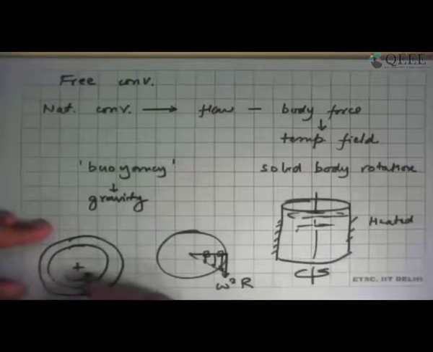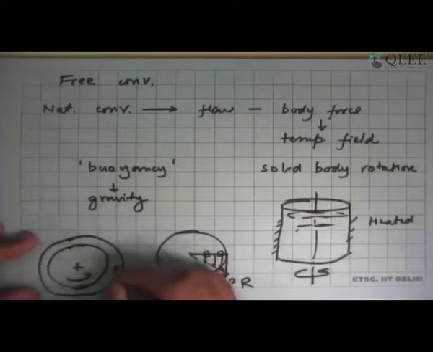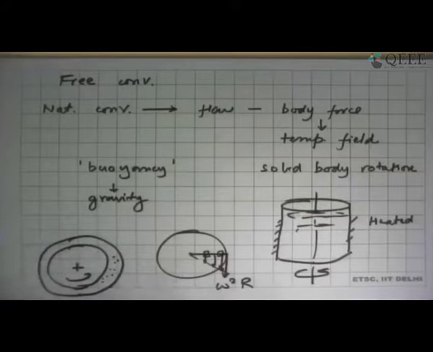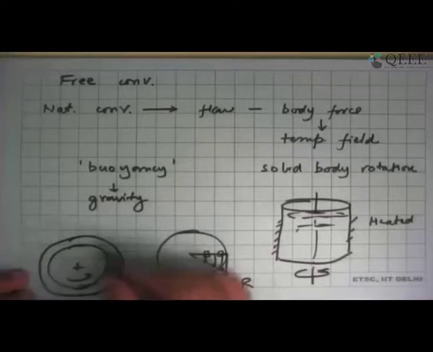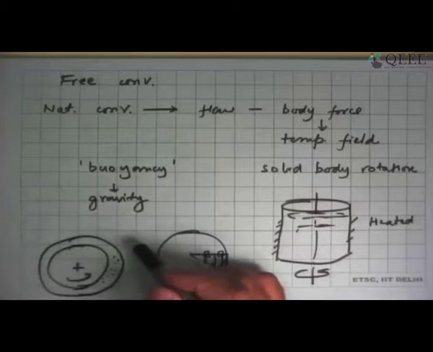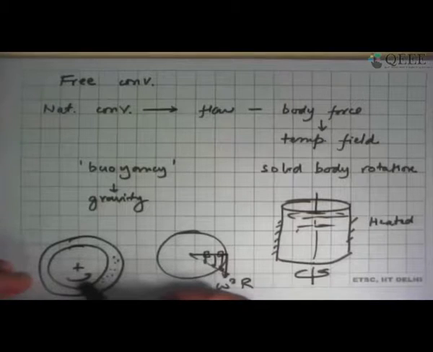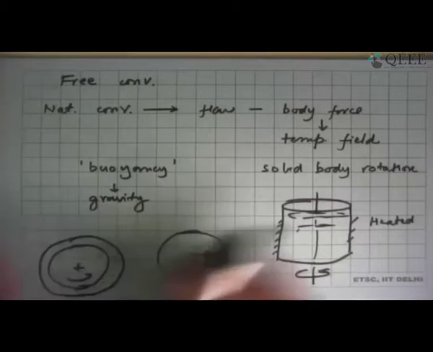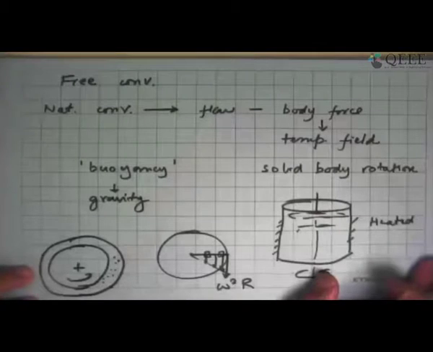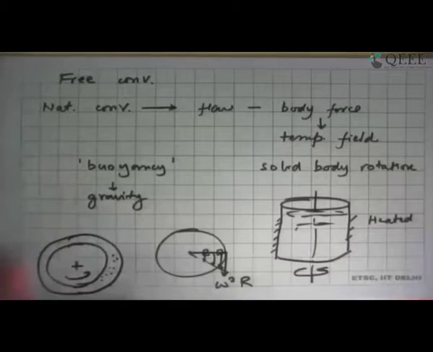where there is always a gap between the rotor and the stator. In the small gap, there is air, or in large generators in power stations, this gap is filled with hydrogen. And since this is rotating and this is stationary, in a very small gap, you end up having a very different type of force field than what we would expect. If you just blow air straight through this, it would be like forced flow through an annulus, but that's not actually going to happen. So all these cases, irrespective of how the body force came about, are classified as natural convection.